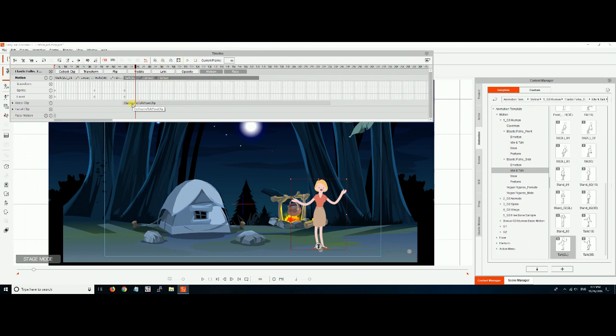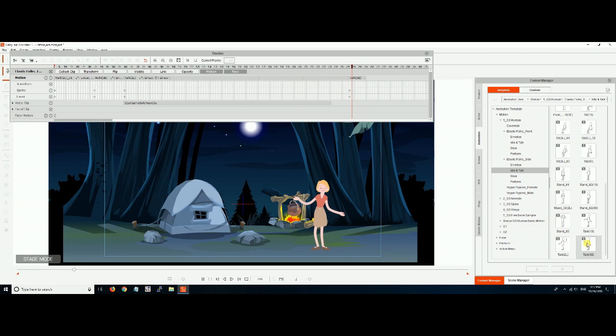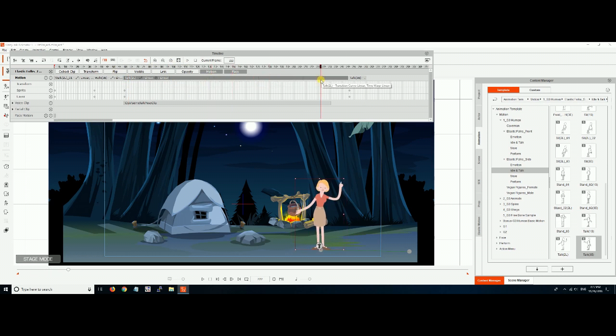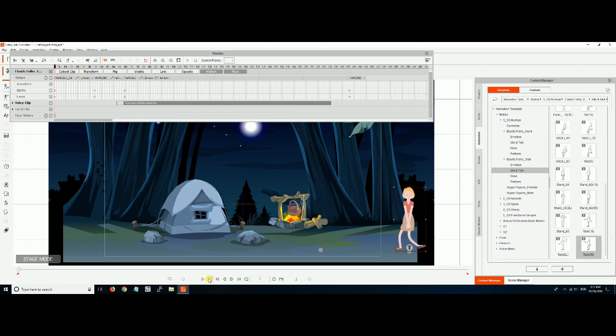notice this is my voice clip right here. She's talking for this duration from here to here. We'll probably want to have her talk from here to here, right? We need to go one back. We want these to kind of match up, her talking and her motion to match up. And maybe we could apply a talk end right here. Okay? Now if we run this back, her talking is looped over and over, and her voice is right here alongside of it. So let's rewind it and watch the whole thing again.